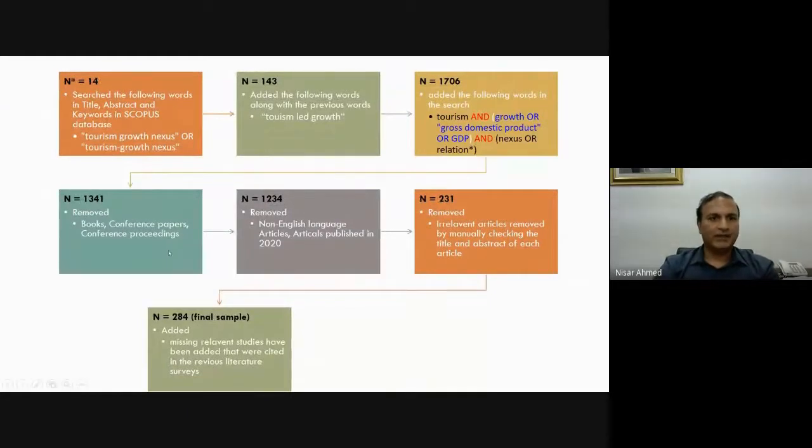So I started by first searching for tourism growth nexus. I just put them together, and I only found 14 papers. And then I added tourism-led growth. Why? Because some people don't use tourism growth nexus, but they test or use tourism-led growth. And when I did that, I got 143